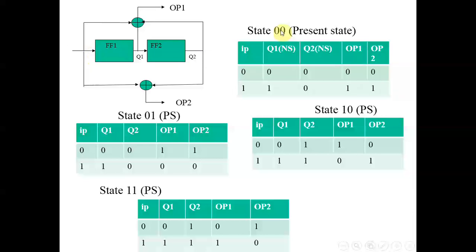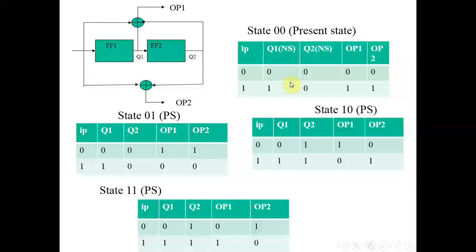So let's start with initial state, which is state 0 0, right? So when you are in state 0 0, when you apply 0, your output will be 0 0, and your next state will also be 0 0, because this 0 will be transferred here. This Q1 status will be transferred at the Q2 output, so your output will be 0 0. So that is the first row. So when you are in the present state 0 0, when your input is 0, your next state is 0 0. See, this indicates next state. I have also shown NS here. NS indicates next state, and that is applicable for all the four transitions, all the four different states. So this is also next state, this is also next state, this is also next state, and present state is written outside.